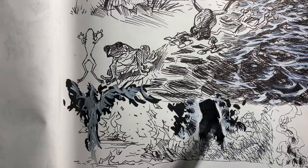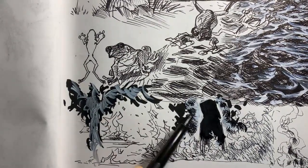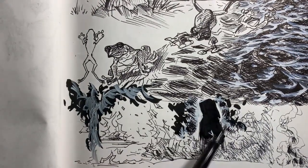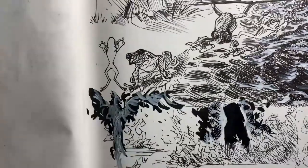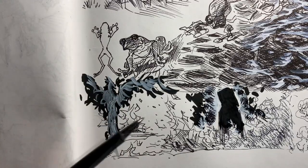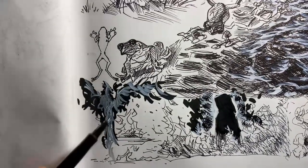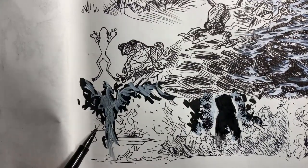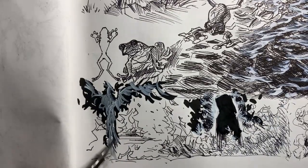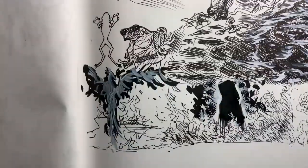And so yeah, this will start to fade as it dries, and it'll look more smoky looking. And then for this phoenix, I'll just take this idea and just create the fire that it's coming out of. So I'll just kind of draw the shape, and then